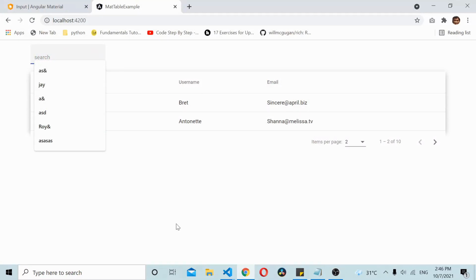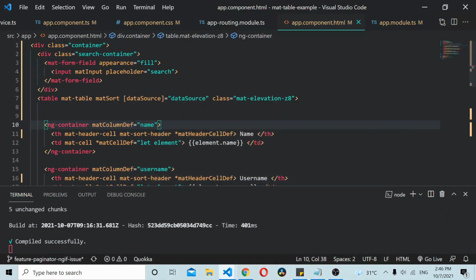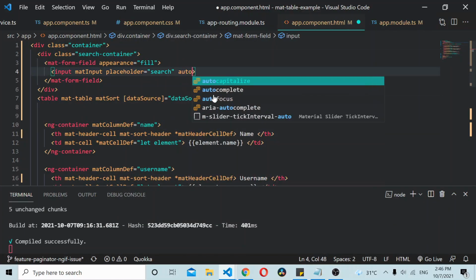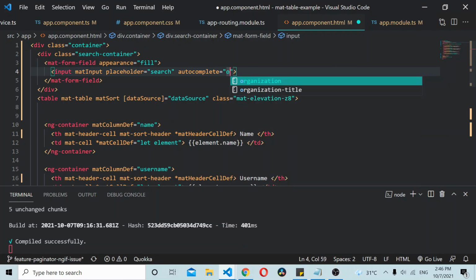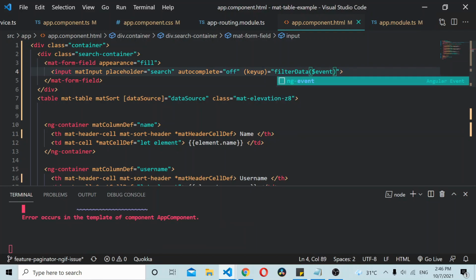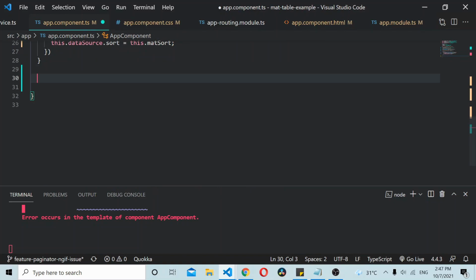It's showing some auto suggestions. We can turn it off. Just add autocomplete off, and let's add a key up event also for filtering, and we'll call a method called filter data, and we'll pass in dollar event. Okay. Now you can go to your app.component.ts file and add this method